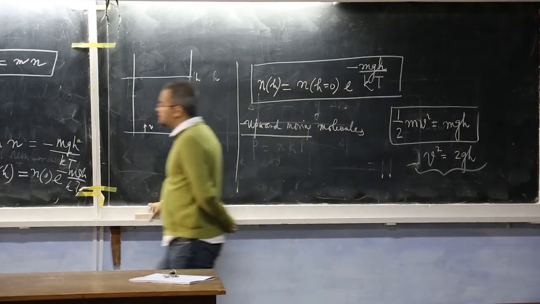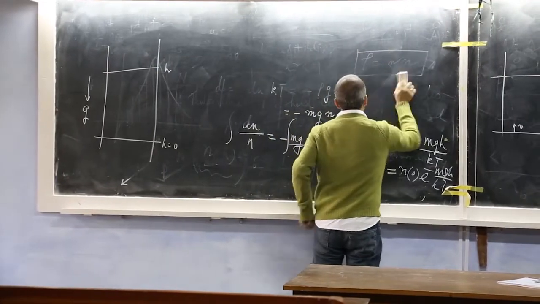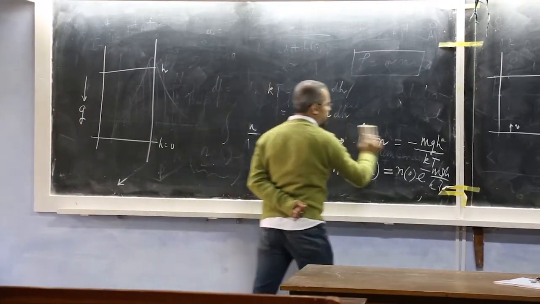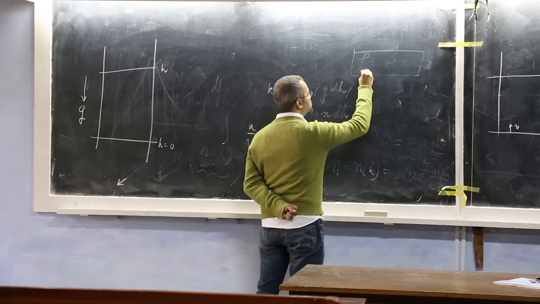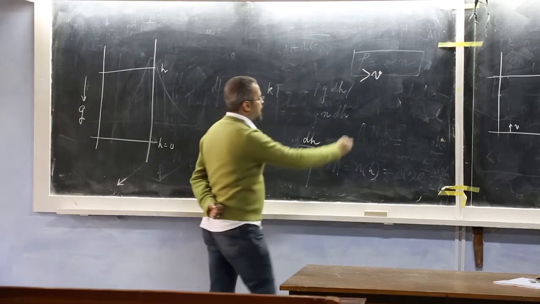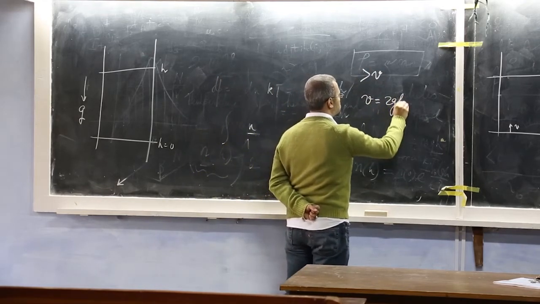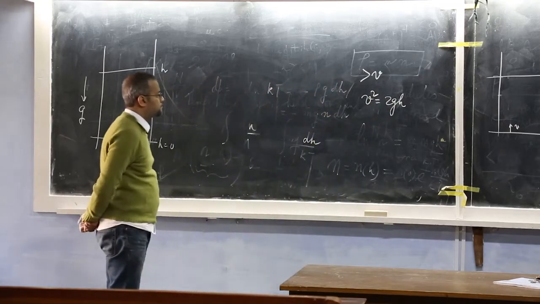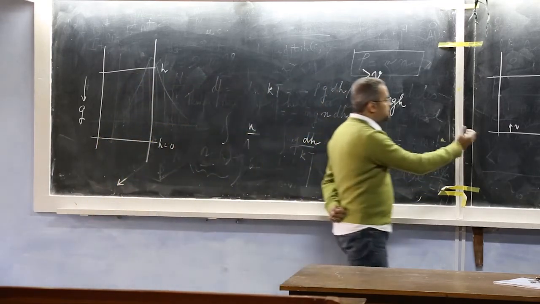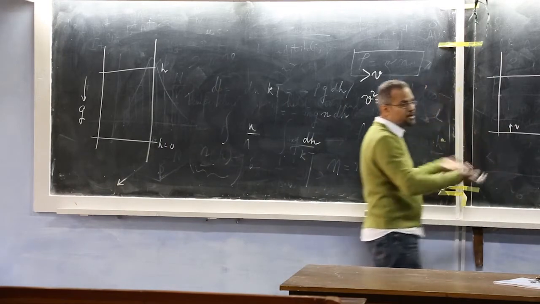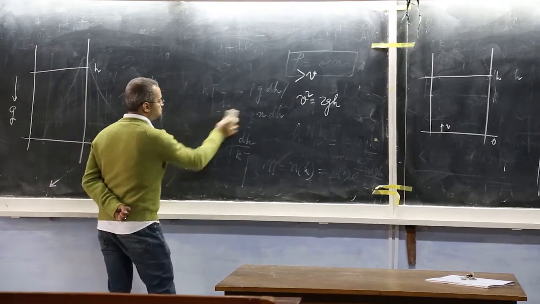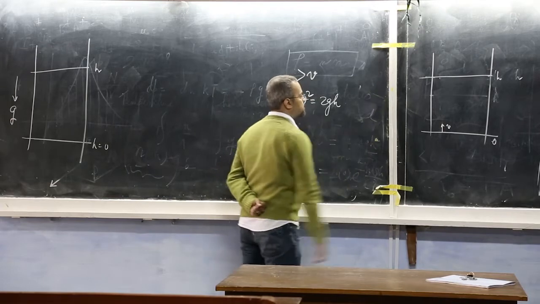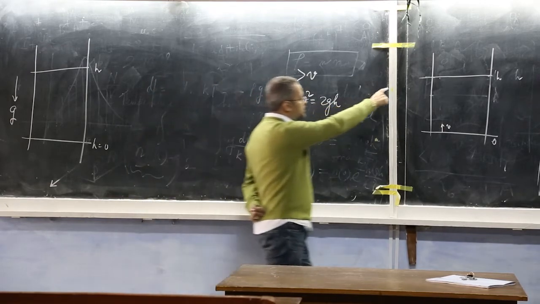Now, the question is, if I start with molecules with speeds v in the vertical direction upwards greater than v, with v equal to, say, 2gh, v squared equals 2gh, then the molecules per unit time, the rate, and this is of course a random thing that is happening, but on an average the rate at which the particles are going up here,